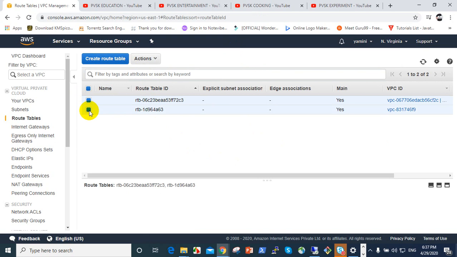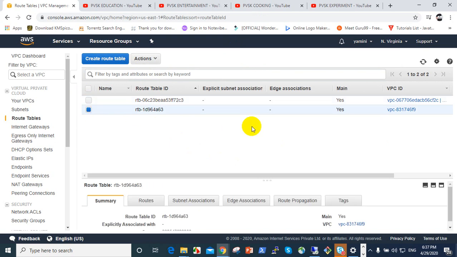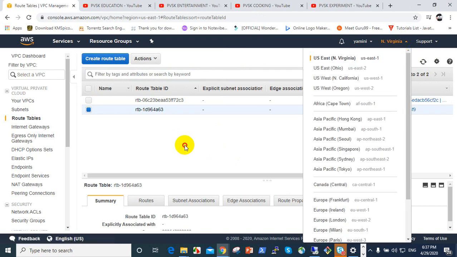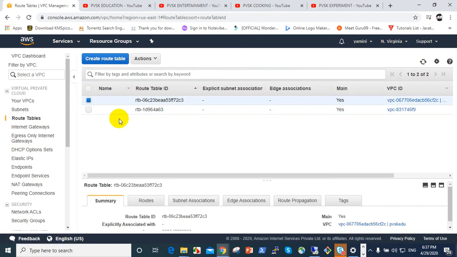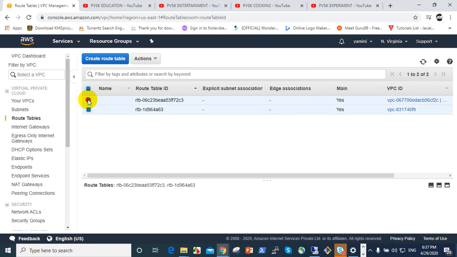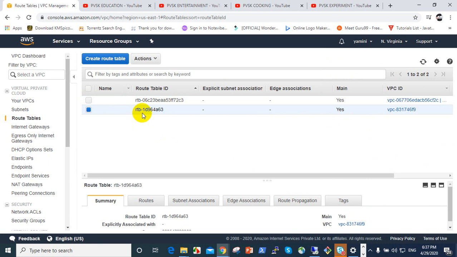This route table comes from the region. Also, when you create a VPC, it gives one default route table. That route table comes from the region and is not useful.